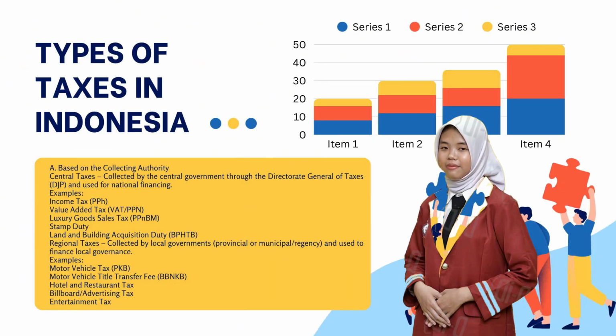2. Types of taxes in Indonesia. A. Based on the collecting authority. Central taxes are collected by the central government through the Directorate General of Taxes, DJP, and used for national financing. Examples: income tax (PPh), value-added tax (VAT/PPN), luxury goods sales tax (PPnBM), stamp duty, land and building acquisition duty (BPHTB),